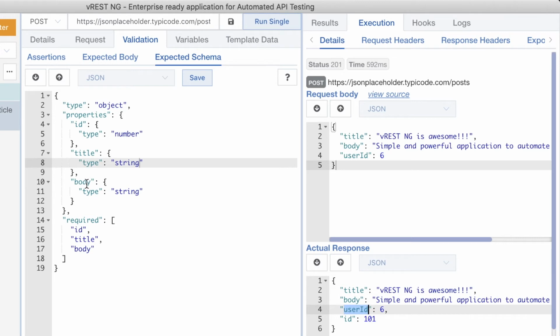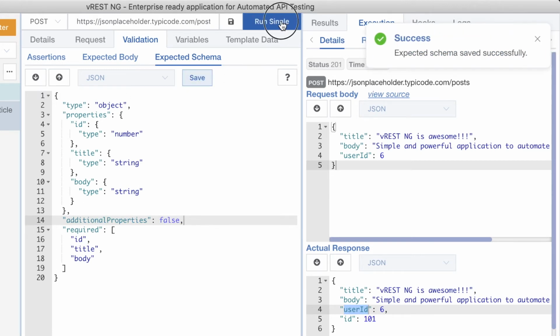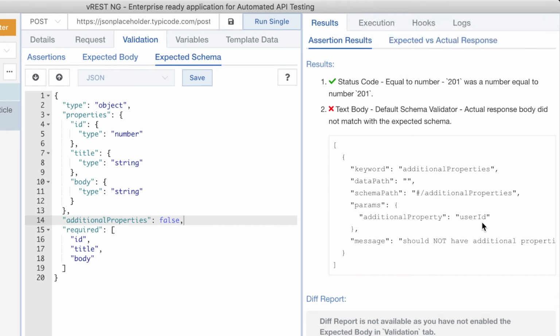But suppose we want to make our test case fail if there are any additional field in the JSON response, then you can just specify additional properties to false and save it. Now if you run the test case, you can see that our test case has failed because there is an additional property user ID in the API response.